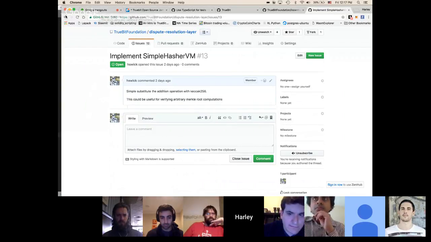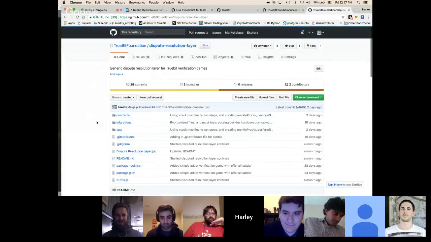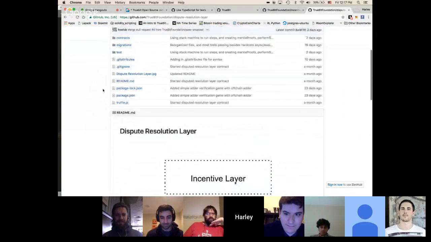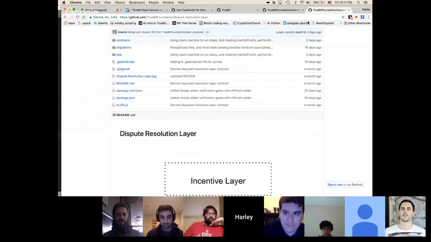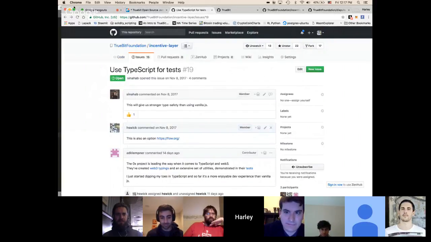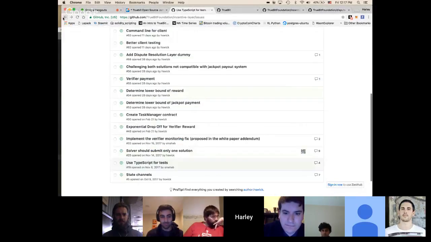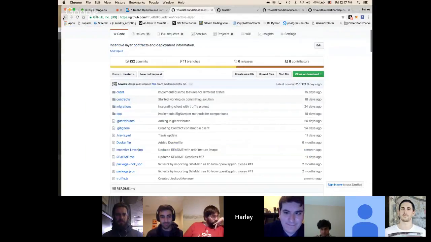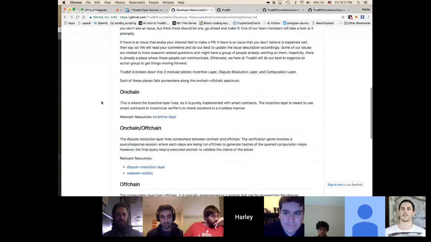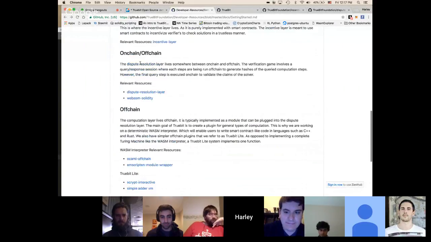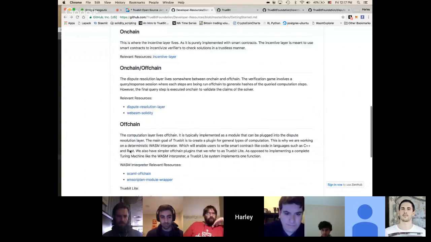Anyways, I digress. But this is another area of Solidity smart contracts that is branching. Let me go back to the getting started page. Okay. So there's kind of this spectrum between on-chain and off-chain.